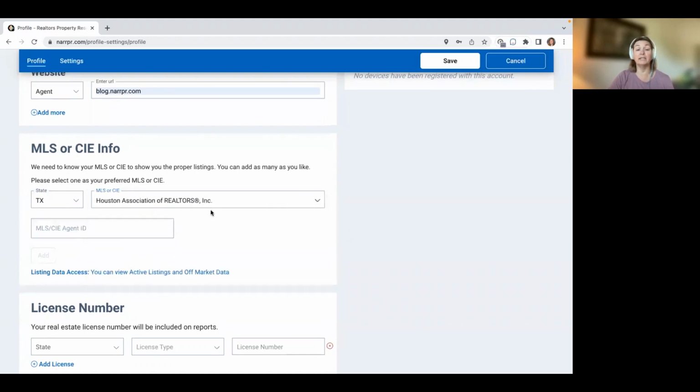And I'm going to take a guess that Houston is probably the primary MLS for a lot of you. You should see your internal MLS ID number here and a green check mark, which means when you go in and you search RPR, the listings from that MLS system are available to you, whether they're on market